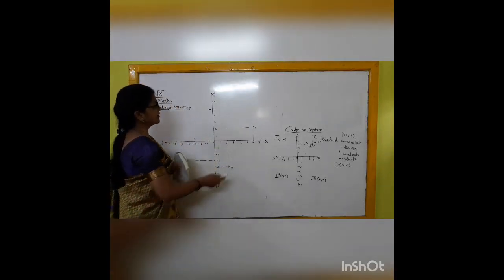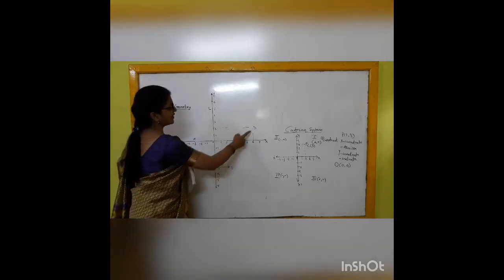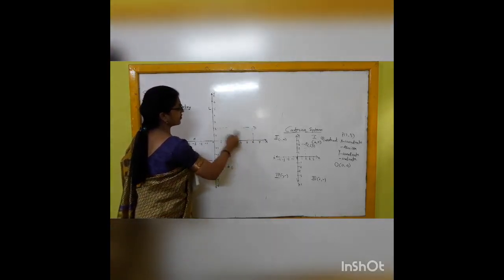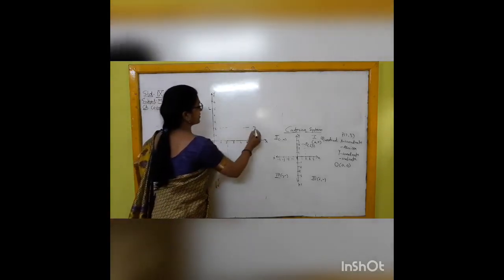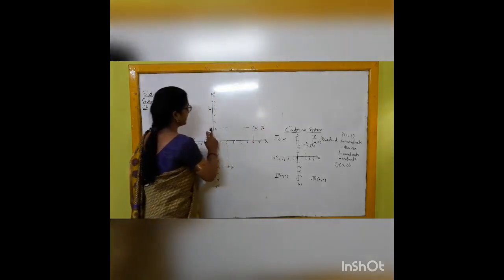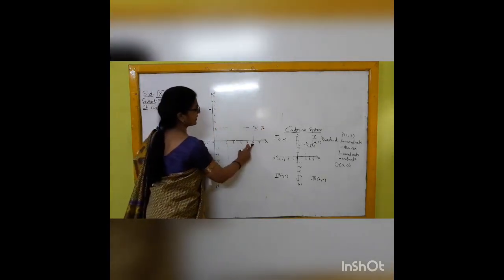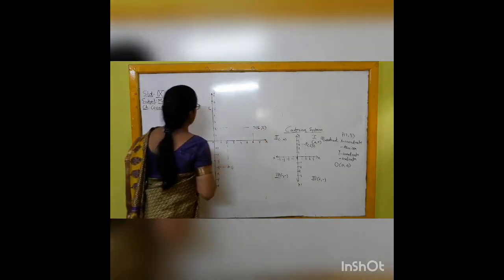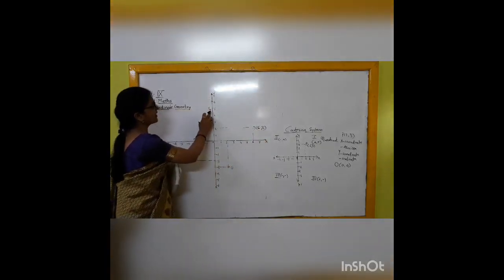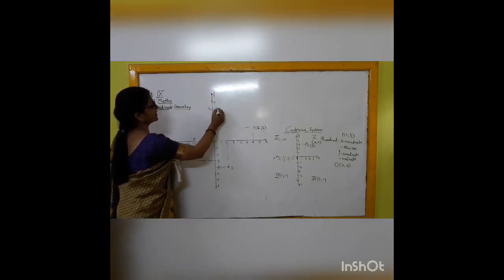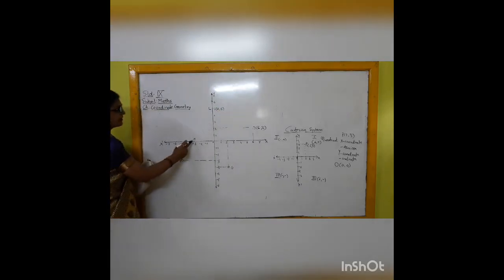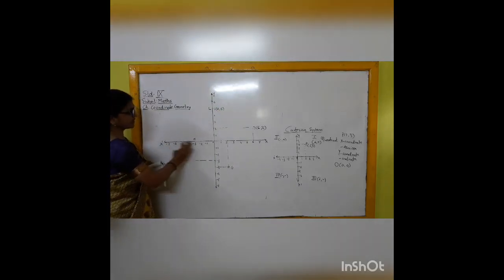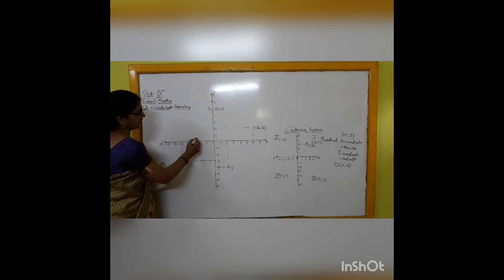First question: write the coordinates of point D. This point D is at 2 unit distance from the x-axis, so its y coordinate is 2, while from the y-axis it is 6 unit distance, so its x coordinate is 6. Now what about this point? This point is lying on the y-axis. That means the distance from the x-axis is 0 and the y coordinate is 5. The same case here: point M is lying on the negative x-axis, or OX dash. So its y coordinate is 0 and x coordinate is -3.